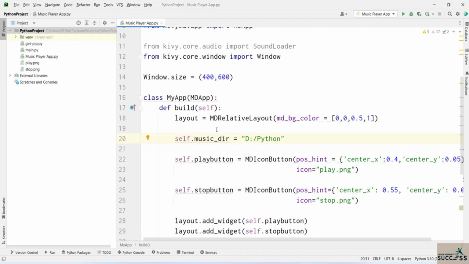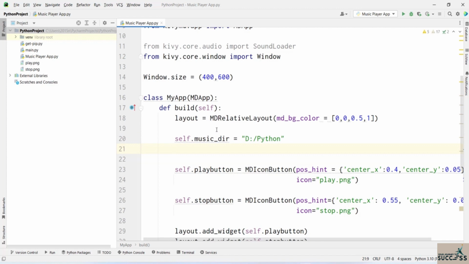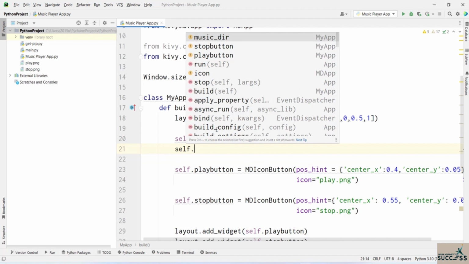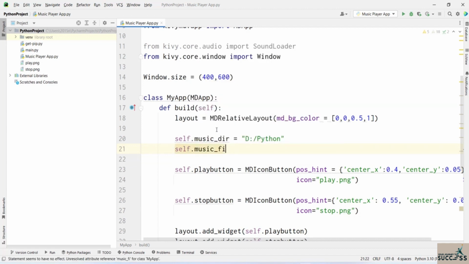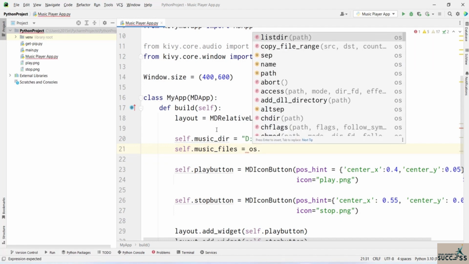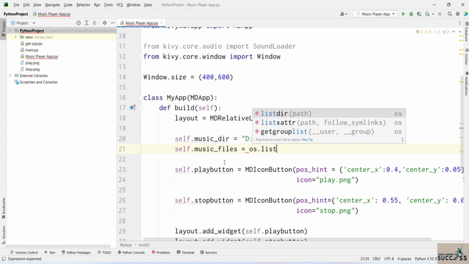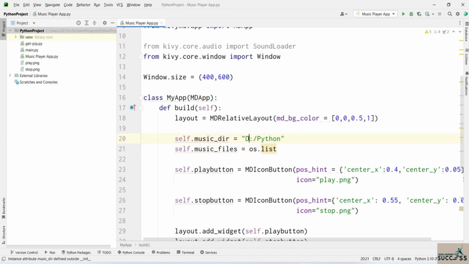Now what you can do is create a music file variable. So first of all, I will create a variable music underscore files, and then it's going to be OS. And since I want to make a list of all of these music files that are inside of this folder, that is inside of this location,